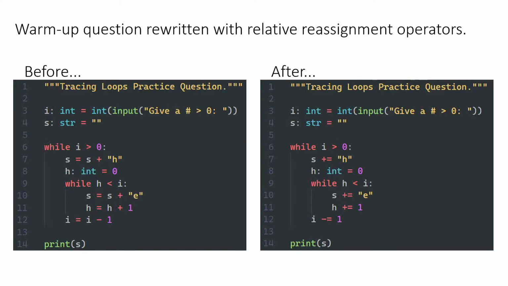So just as an example of a before and after, the code listing we just looked at could have been rewritten with a little bit more conciseness. Again, this really doesn't pay off with single-letter variable names. In memory diagrams, we tend to choose single-letter variable names just because it's less writing in your diagram to keep track of. But you can see that there's no difference in these programs. It's just a little bit shorter, prevents potential errors and typos, and is worth knowing because you'll see it all over the place. And the same concept exists in other programming languages as well. Any questions on relative reassignment? All right.